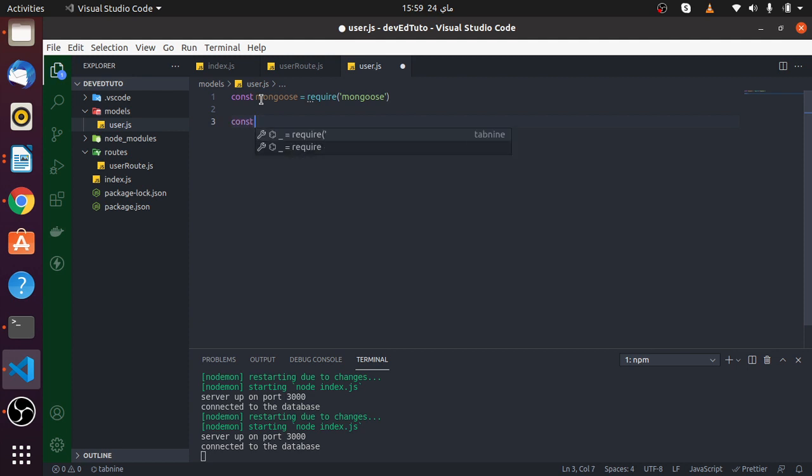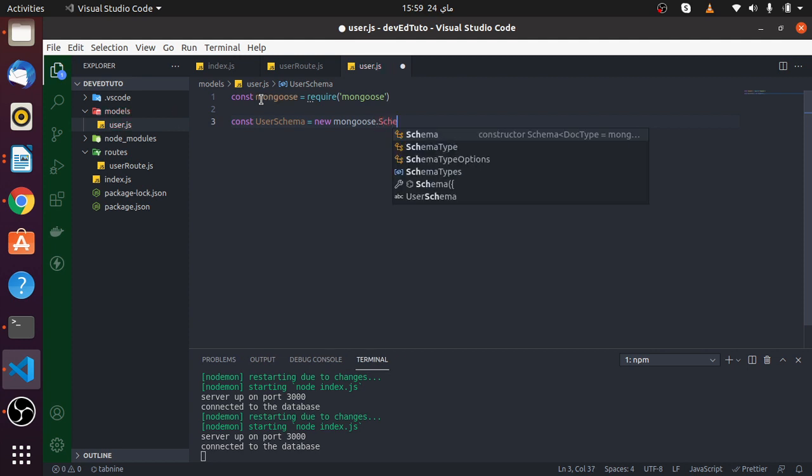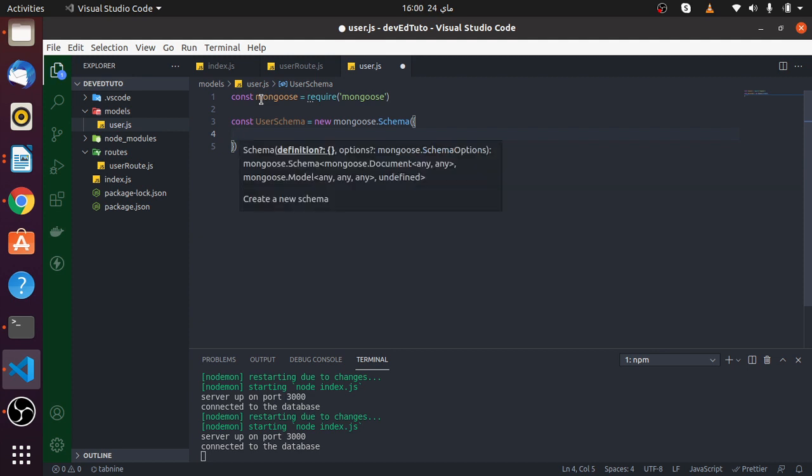We're gonna call it userSchema, and it's gonna be equal to new mongoose.Schema, parentheses and curly brackets. Here we're gonna define how the schema of the user will be and what it will